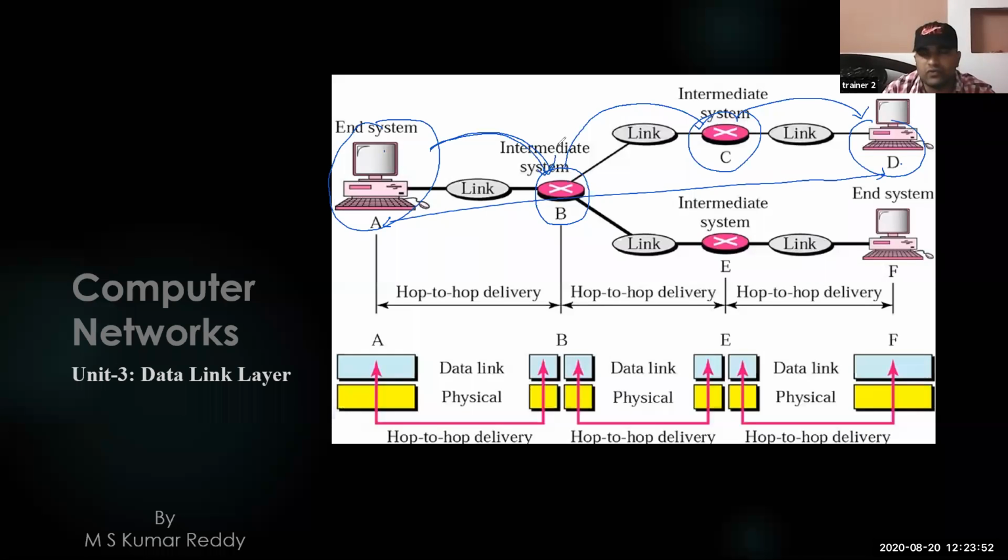To overcome those issues, the data link layer is going to implement many things. One thing is framing. Divide the data into smaller parts and send each frame individually instead of sending the entire message in a single go. Divide the information into smaller parts and send the information individually.